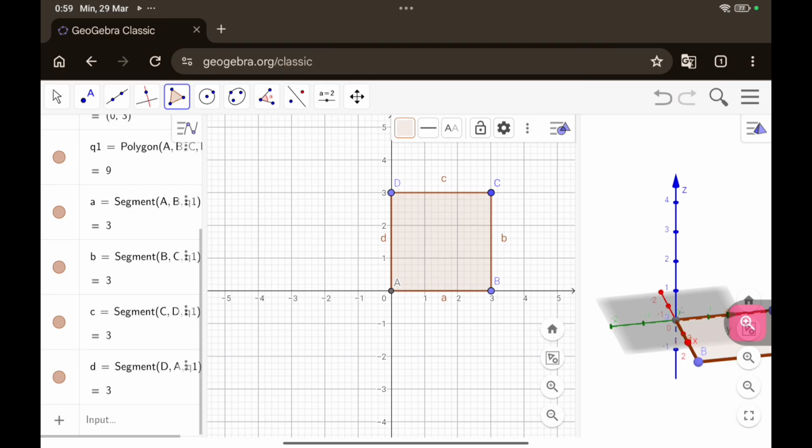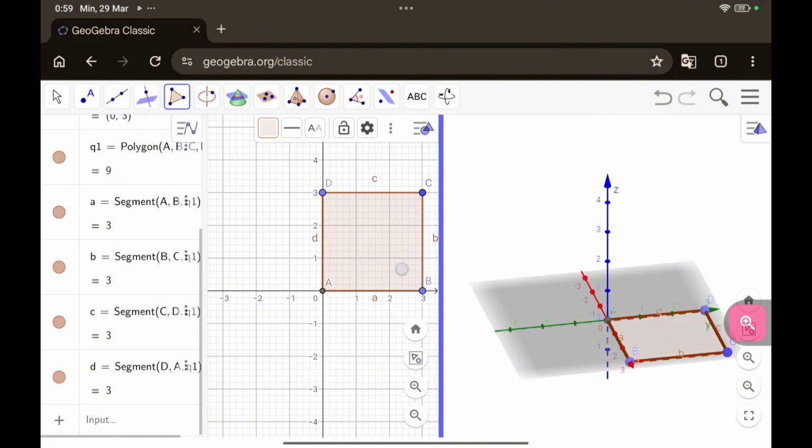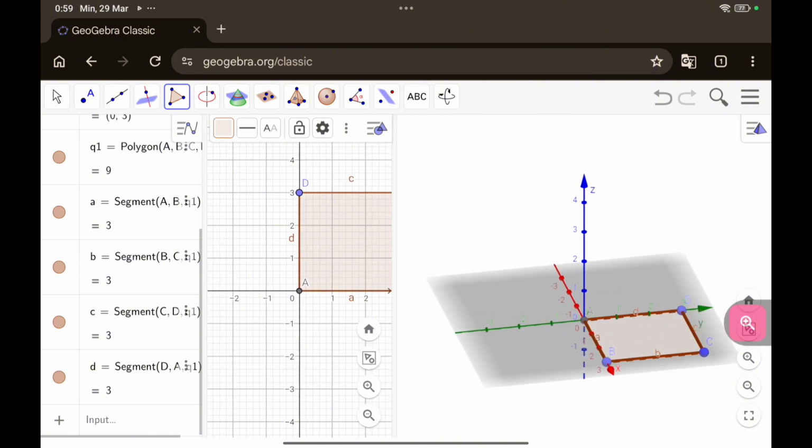Now move to the 3D graphic area here. Okay, let me minimize it. As we can see here, the square that was already made in the graphic area is automatically built in the 3D graphic area here. Okay, so at this time select it on the 3D graphic area,